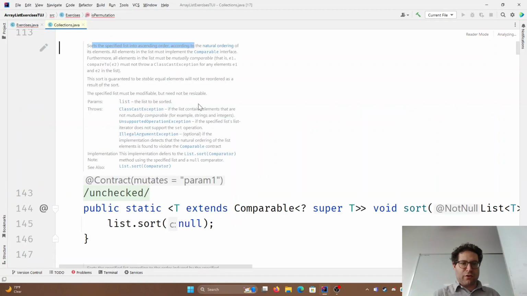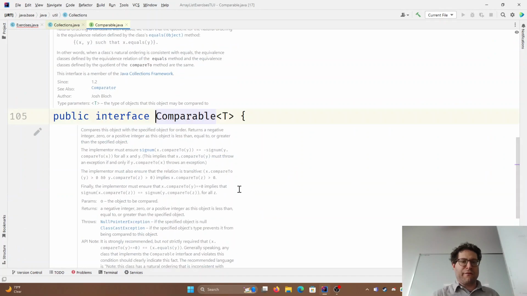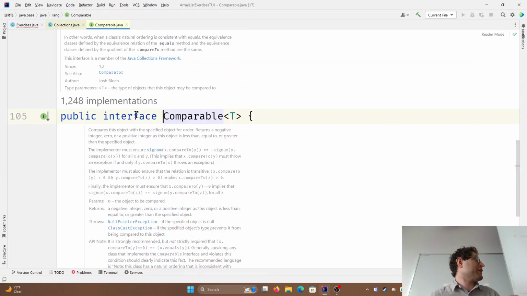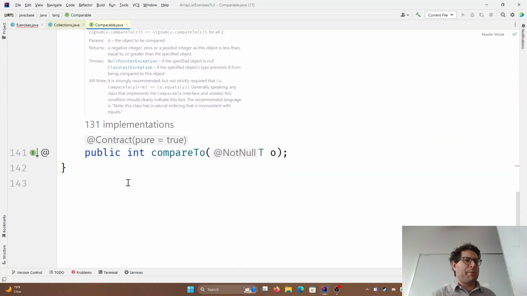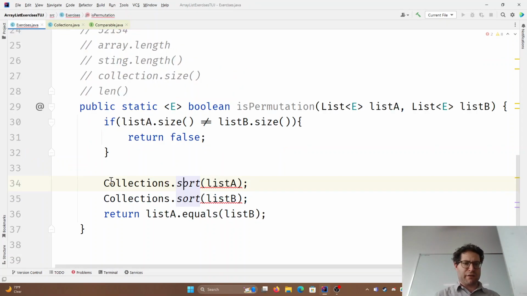Now, that's over here. A comparable is a very basic interface. Remember, things can inherit an unlimited number of interfaces, and it's got one method, compareTo. What compareTo does is that it tells you whether two things are in the correct order, they're equal, or they're swapped around. Specifically what it does is that,